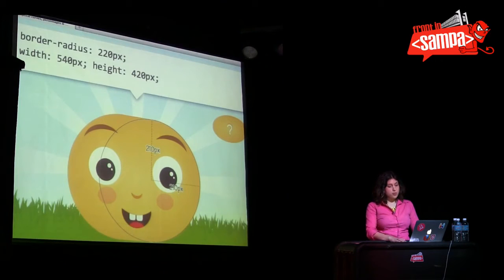And why doesn't it go above 210? Because that's half our height. And it cannot be larger than half our height, because all of them need to be the same. So all of them will be scaled down, because we want to maintain that. We still want all 4 radii to be the same. So we can't make an ellipse by just specifying